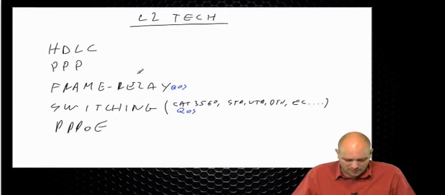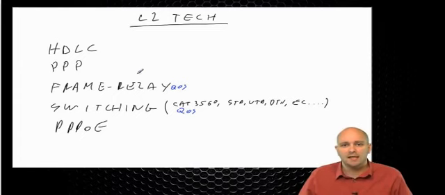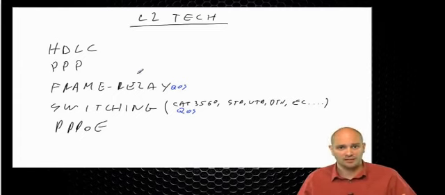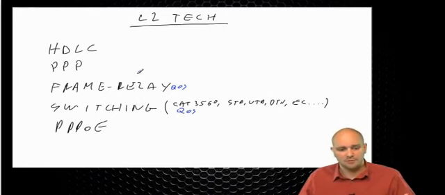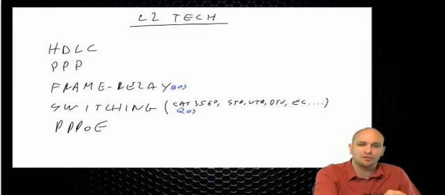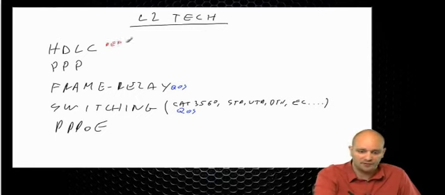Now, the only important thing to remember about HDLC is that it's default on all serial interfaces. It's by default, so if you don't set encapsulation on the serial interface, it will be HDLC. If you want to change it, you have, of course, to use the encapsulation command. But the big thing about Cisco HDLC is that it is default on all serial interfaces. So default on serial,